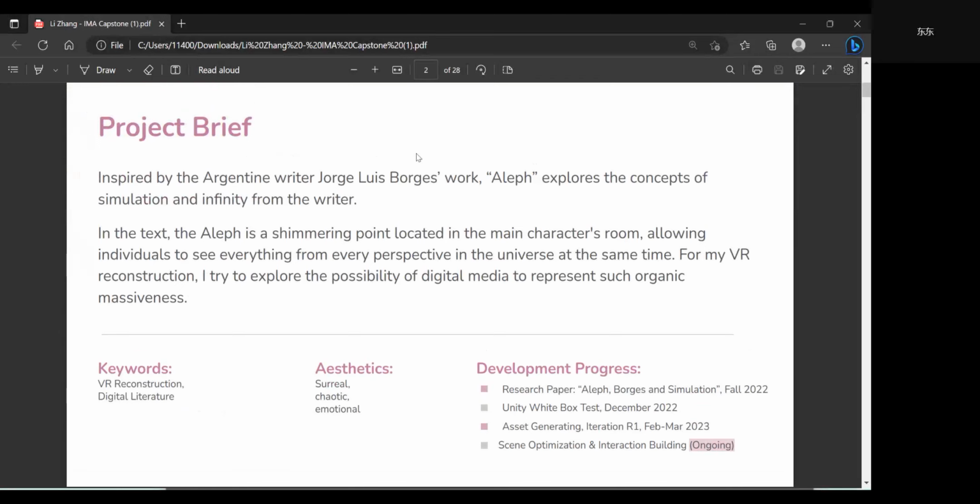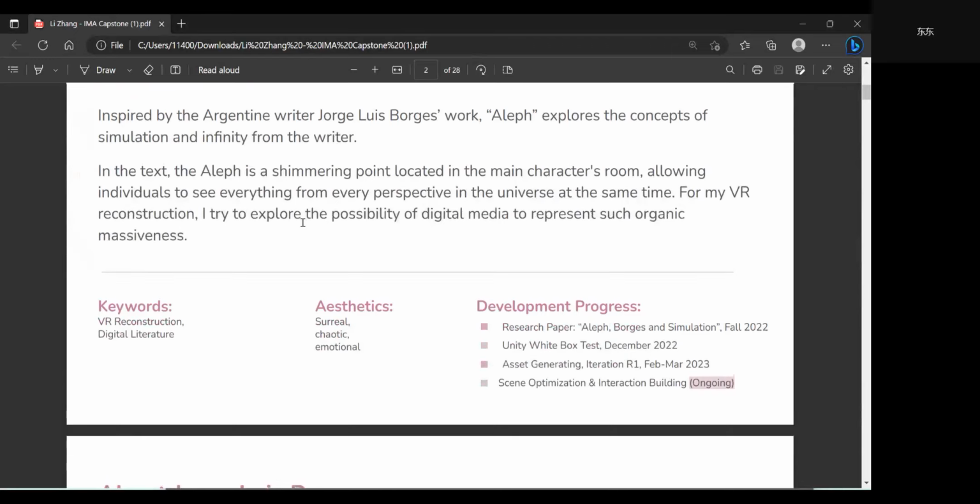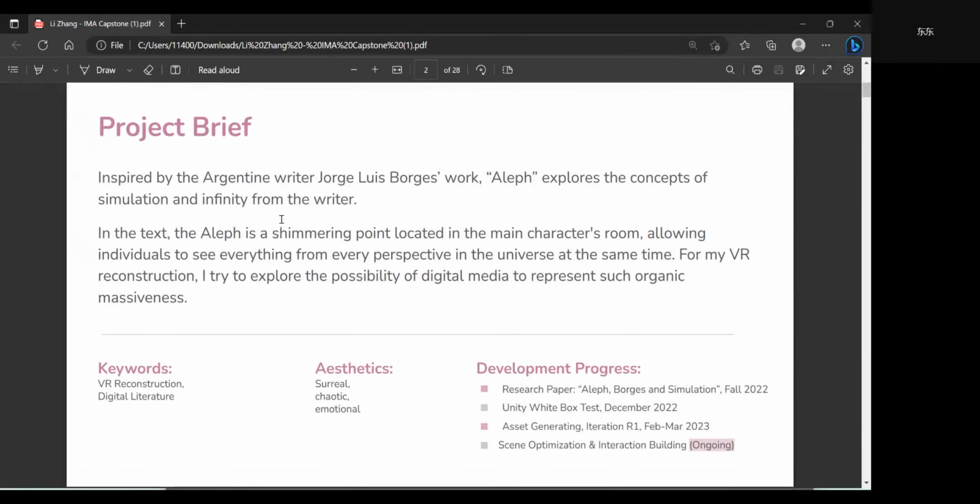Since the main theme of the text is that there is a kind of object, a leaf, that enables individuals to see everything from every perspective in the universe at the same time, I think it's quite relevant to our discussion topics about metaverse, simulation and infinity from the digital medium. So in my VR reconstruction, I try to explore such possibilities and represent such organic messiness.